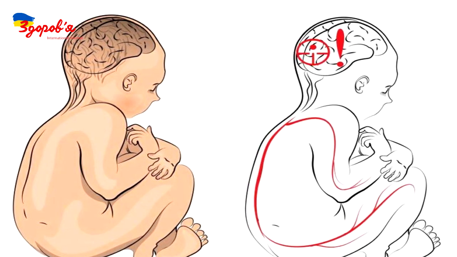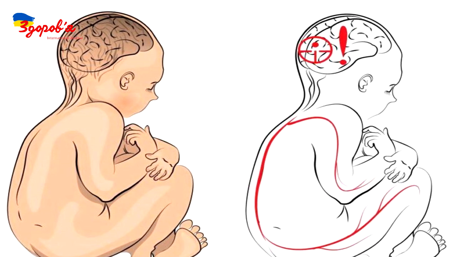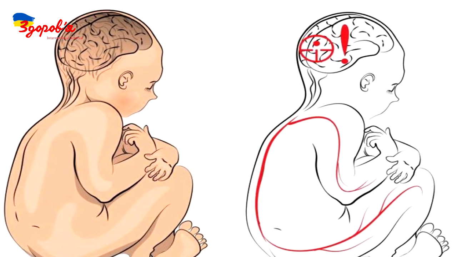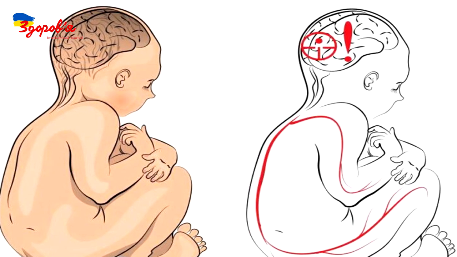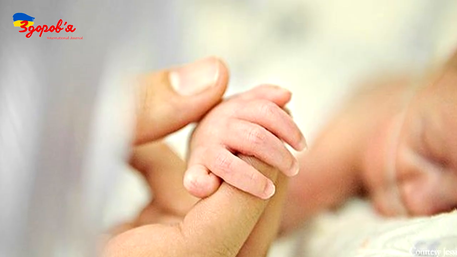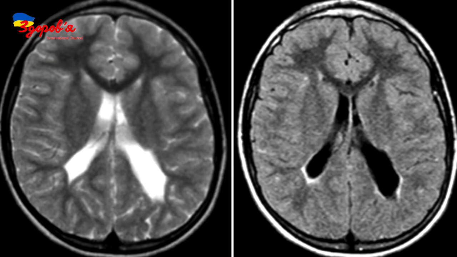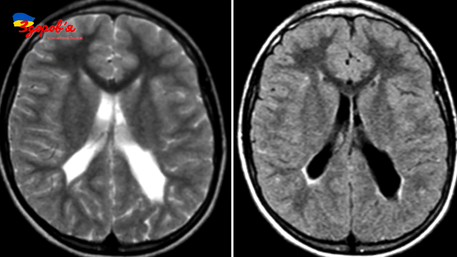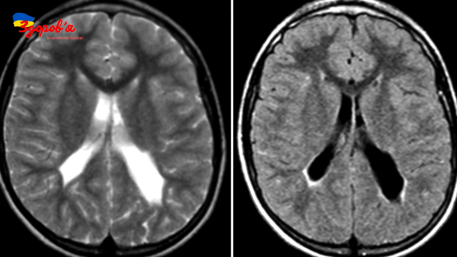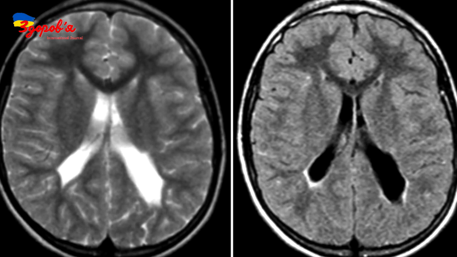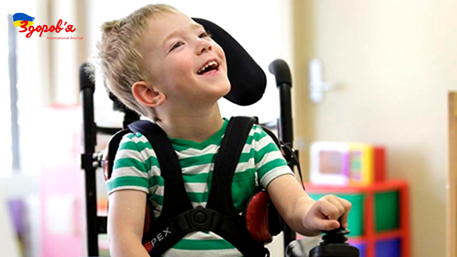Cerebral palsy is an umbrella term for a fairly diverse group of neurological disorders caused by a non-progressive brain injury or malformation that occurs before or soon after a child is born. With cerebral palsy, the brain is affected, which can manifest itself in various symptoms, but mostly body movements and muscle coordination are affected. Other symptoms of cerebral palsy include problems with speech, impaired sensitivity, vision and hearing, as well as